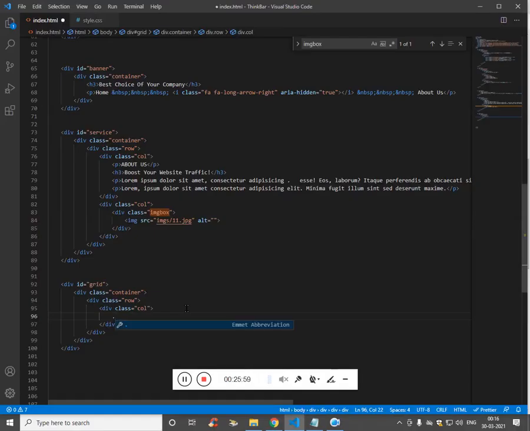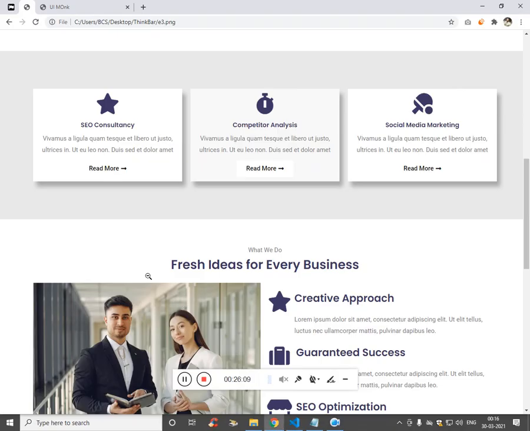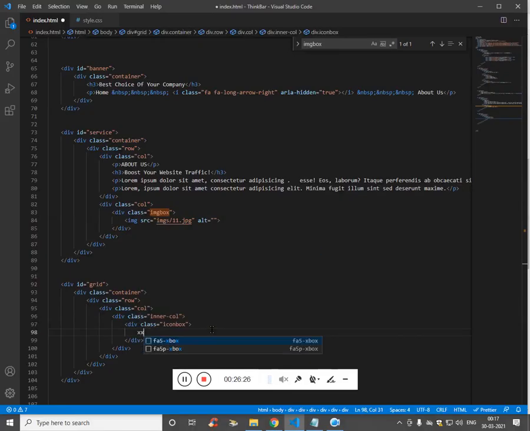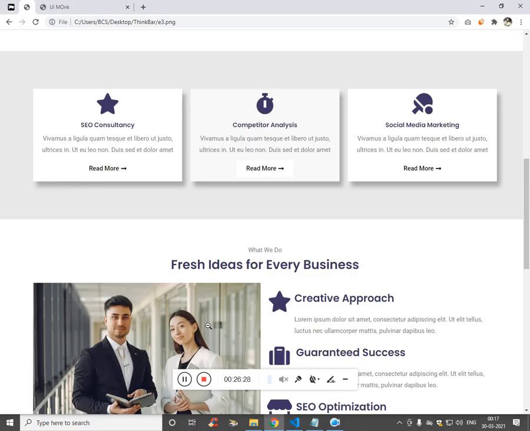The column is again going to have inner column, and then the inner column has icon. Let's make a icon box. Inside icon box let me add the icon, and then we have